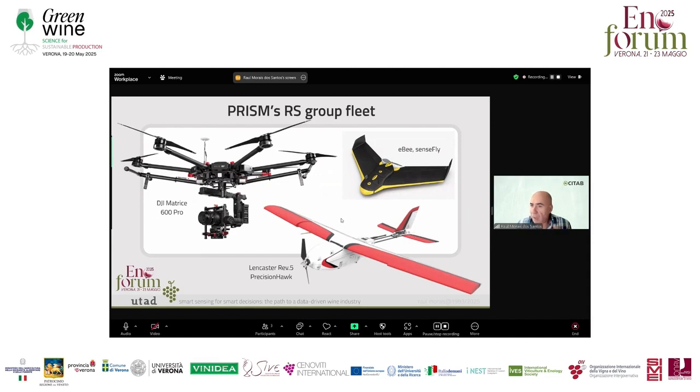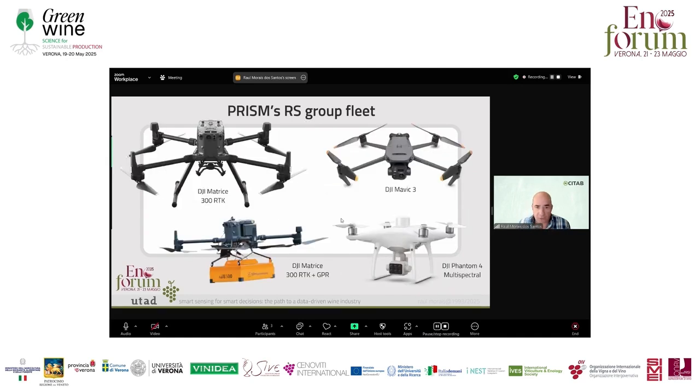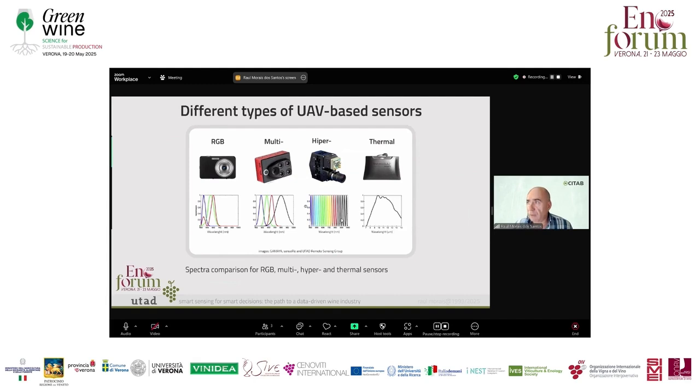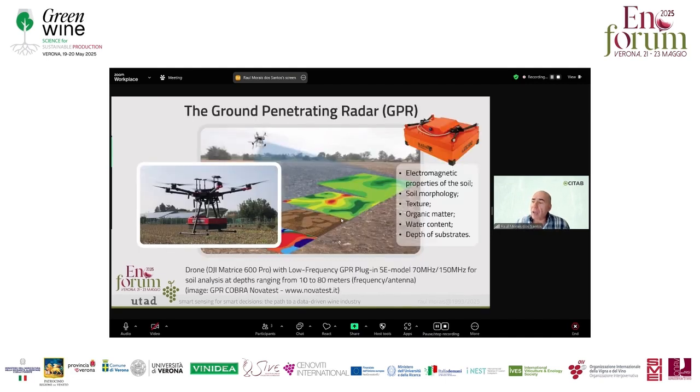We have the Matrice 600 with a hyperspectral sensor, not this one, but we also have a hyperspectral sensor, the WIBI and Lagaster. And also we have the Matrice 300 with GPR, and the Mavic 3 and Phantom 4 multispectral. And of course, with this we have a lot of sensors showing the spectra of each one. But I will talk